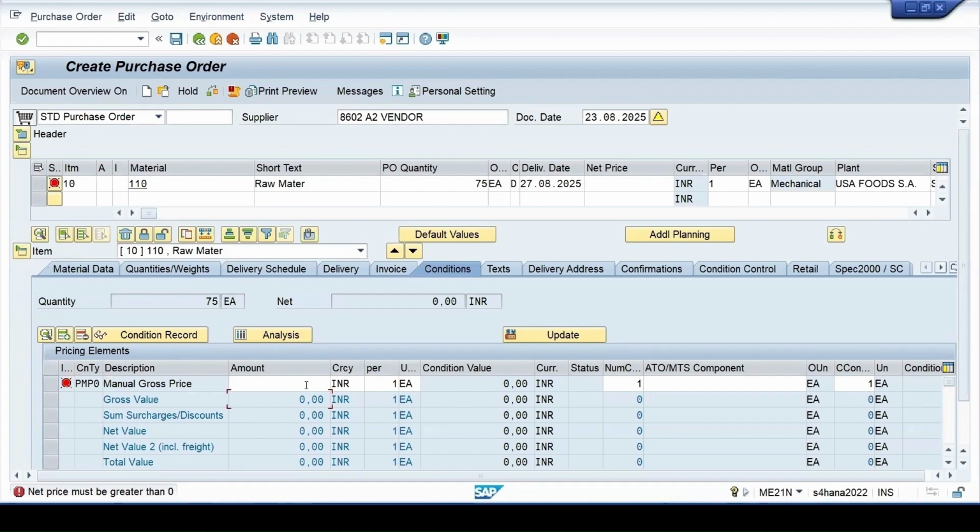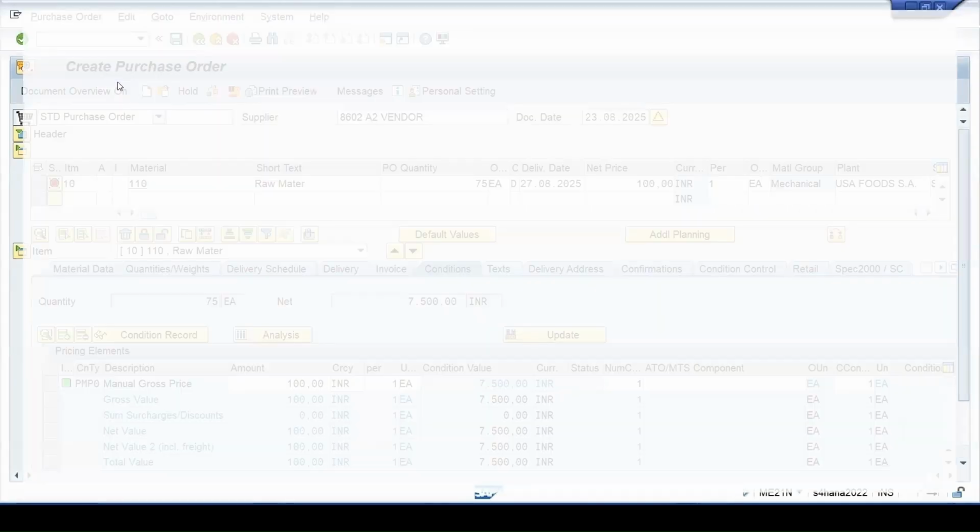What will be the message? Give me some value here. Still, there is an error message coming: no quality info. At the client level, we are maintaining the procurement key, and I have to maintain vendor relevant information if I want to buy the things. So if I create a vendor record for the same combination, let's try this.